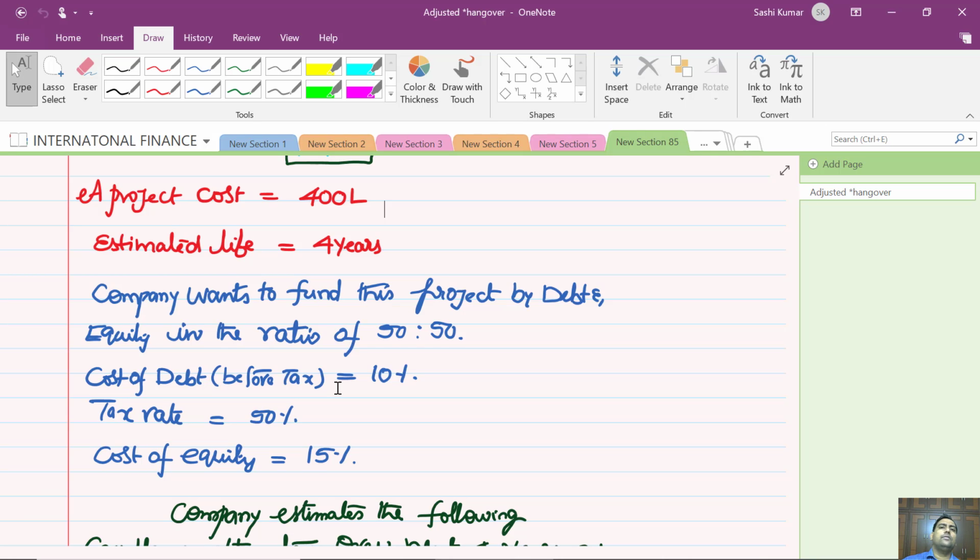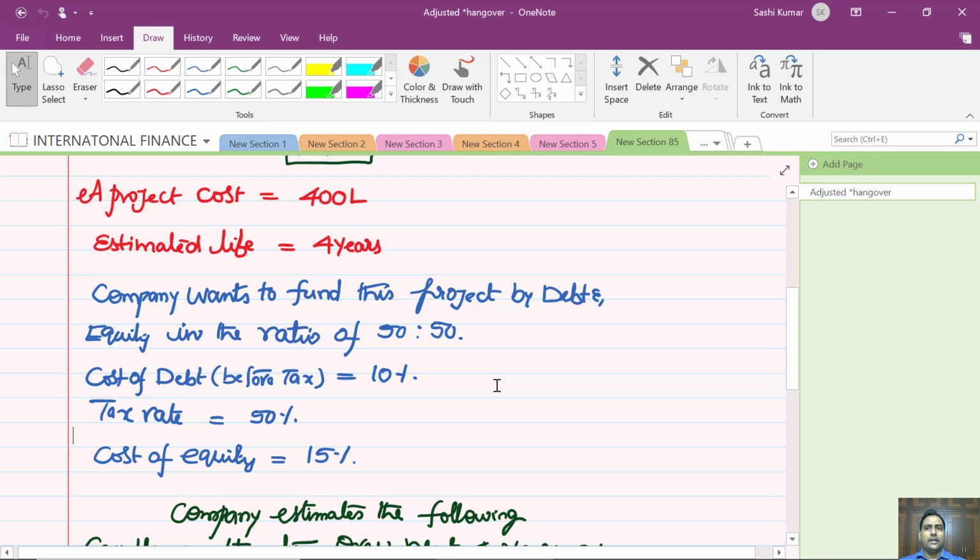So the 200 lakhs borrowed from equity shareholders has to be compensated at 15%, and the 200 lakhs borrowed from the lenders has to be compensated at 10%. We call it cost of equity and cost of debt. These two concepts we are already aware of from the chapter called cost of capital at IPCC level. Now,